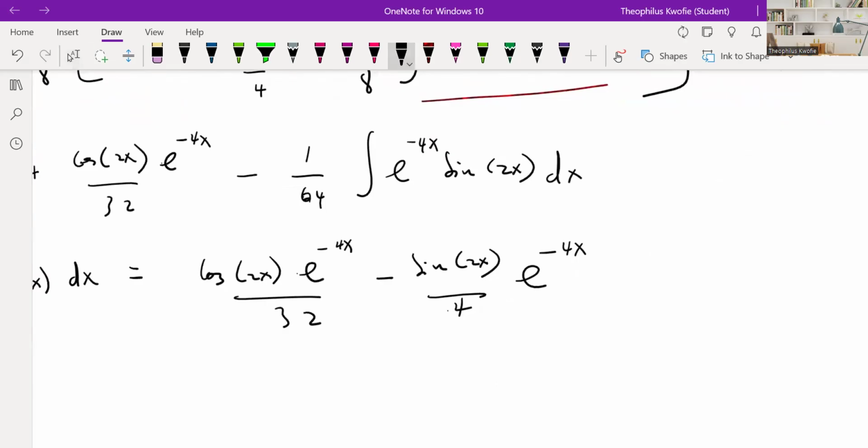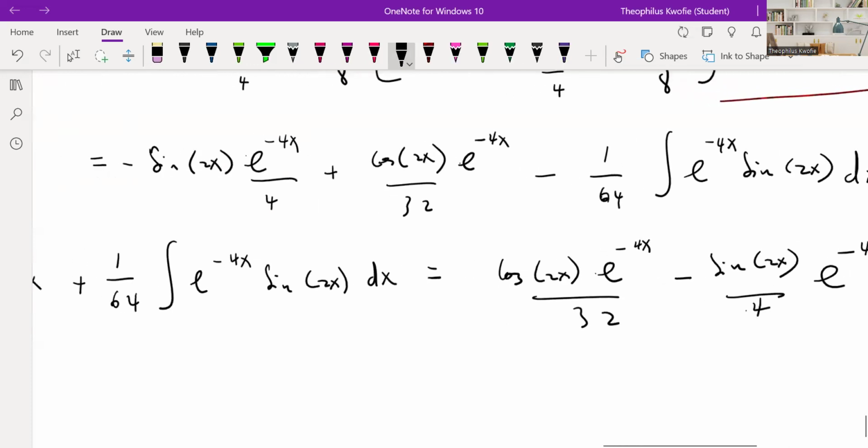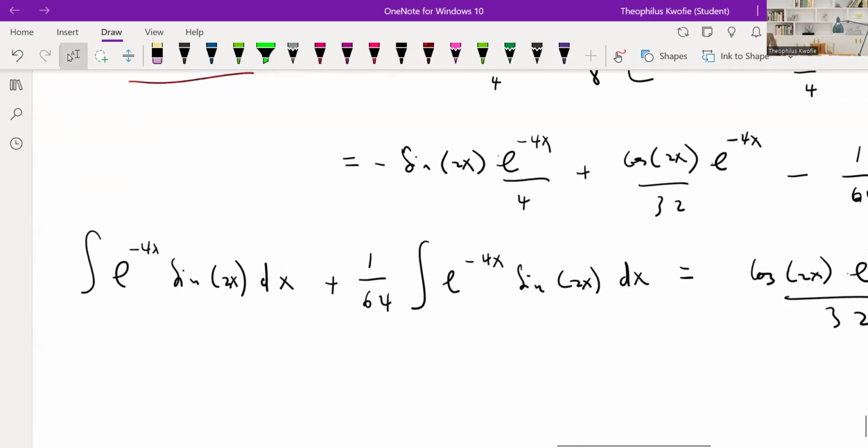I need to add a constant c on each side because this was an indefinite problem. Now what then happened is that over here you see that we can just